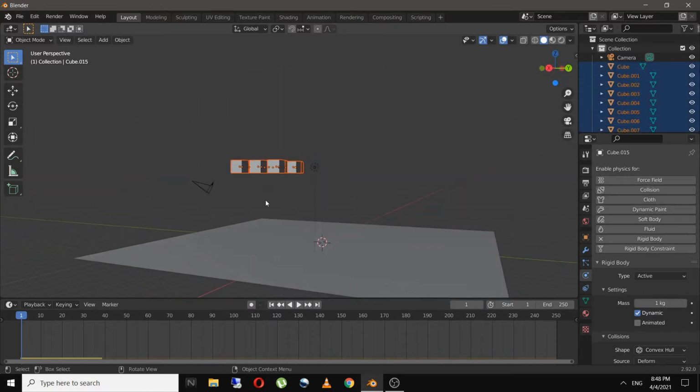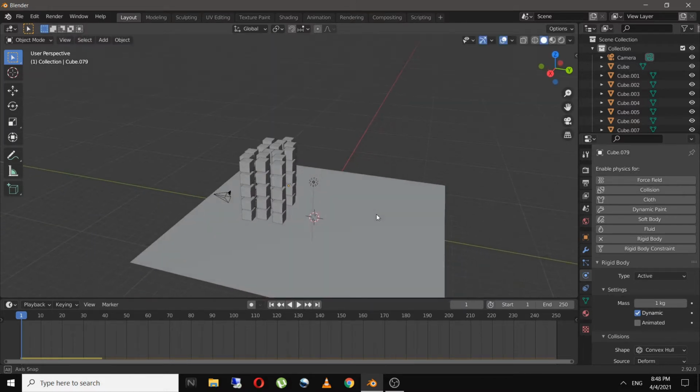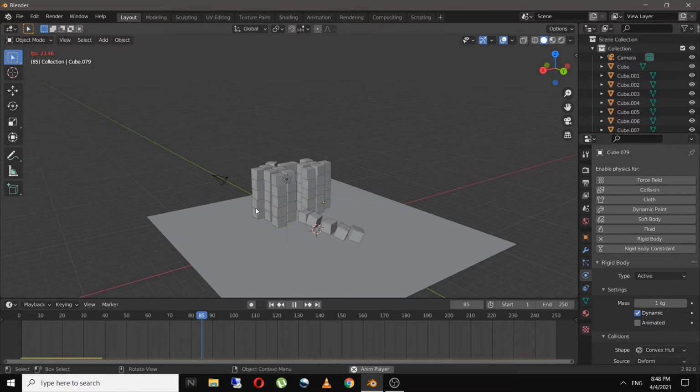Now I'll select this cube, create some more of these. And now if we click on play, as you can see this is working perfectly fine.